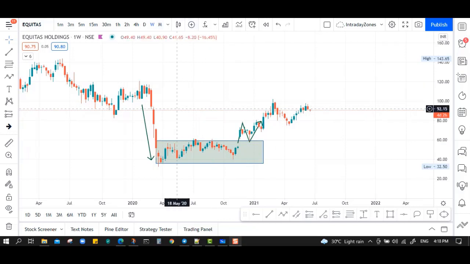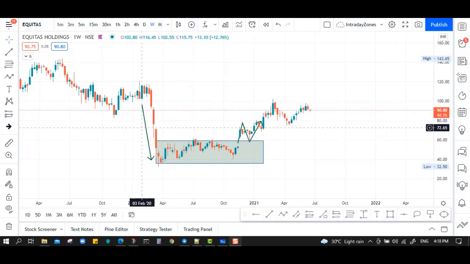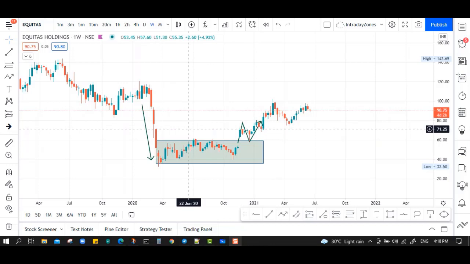Got it? And don't get confused, because the purpose of this video is to help you identify the drop base rally pattern when you open your chart. So it doesn't matter if it is a high probability pattern or not, because in the next videos I will show you in detail how to differentiate between the powerful zones and the weak zones, okay? So you can ignore the weak zones. All right.